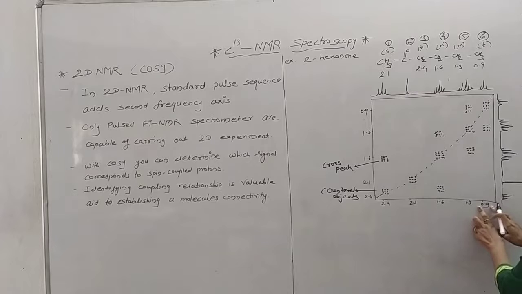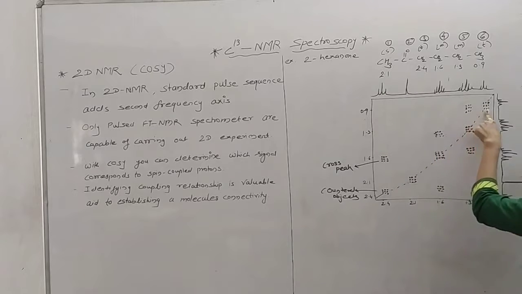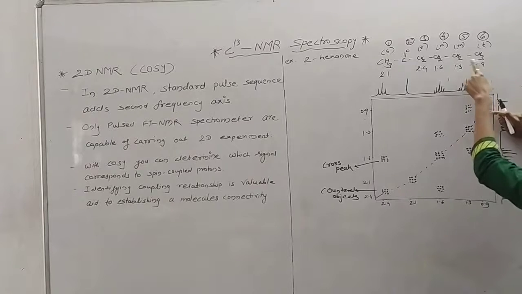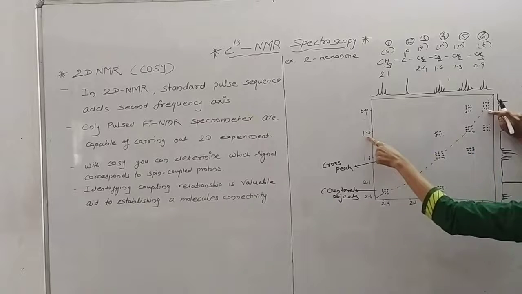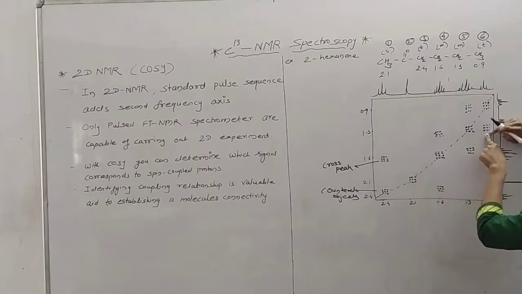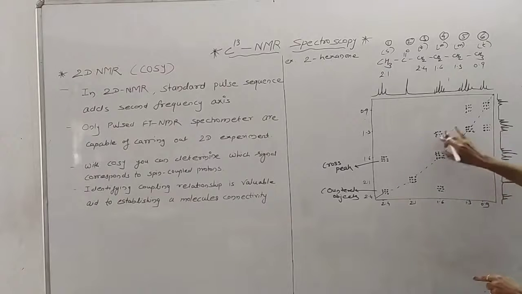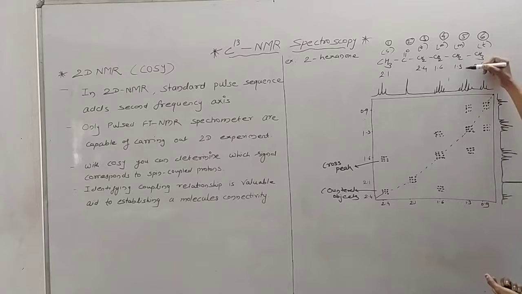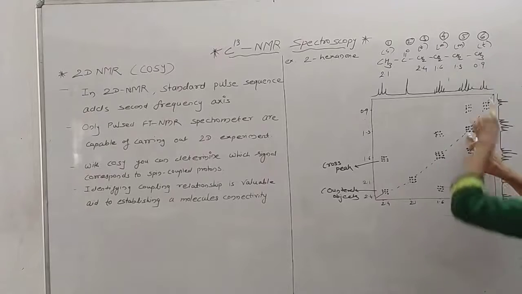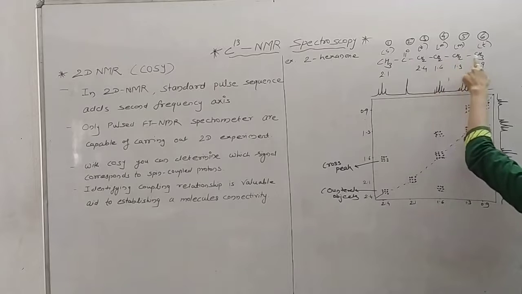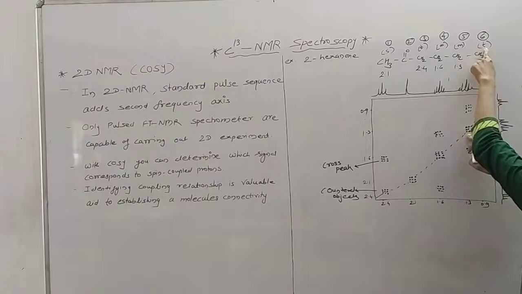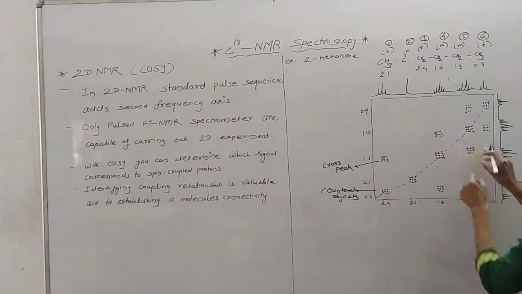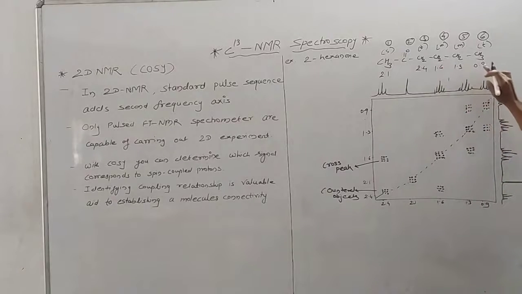When we say 0.9 here, there is a contour spot here, and it shows the relationship with 1.3, which is on the y-axis. These cross peaks are for the relationship, and they show the connectivity. Now 1.3 has connectivity with the CH2 and CH3, that is with the multiplet and with the triplet. Here you obtain the multiplet, so its connectivity is with the multiplet as well as 0.9.